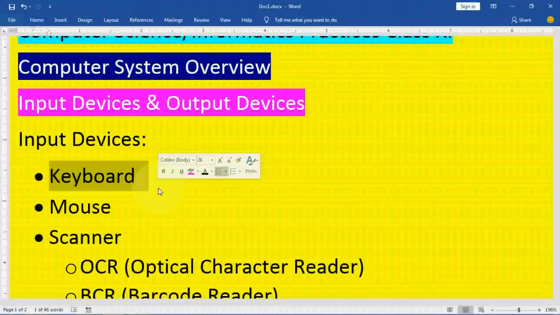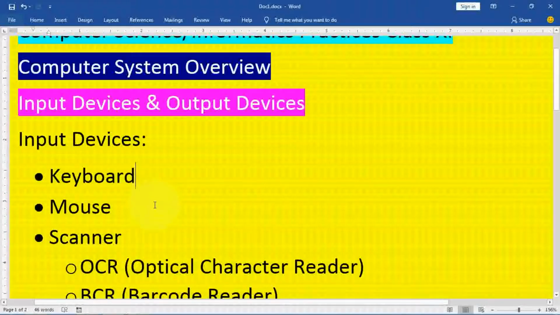PS2 and USB keyboards are attached to a particular port. The USB port is where you mount your pen drive. The PS2 port has 7 pins and is circular. In that circle you can mount your PS2 keyboard, and generally it is found on the backside of your cabinet. Generally the keyboard comes with a purple color cable so that you can attach it directly to that port, which is called the PS2 port. Similarly, there is the mouse.